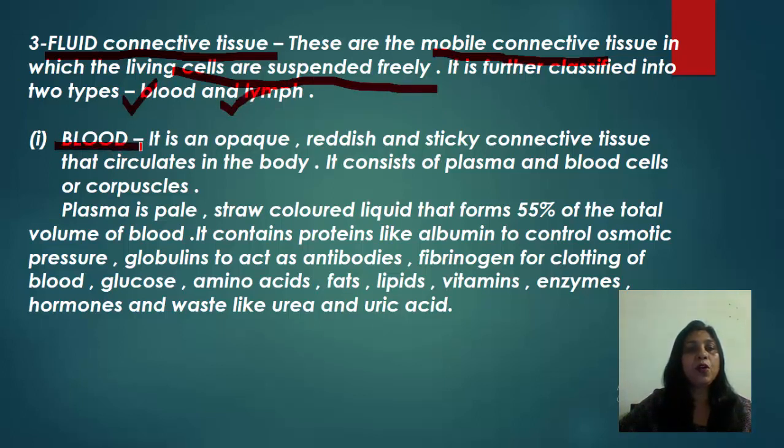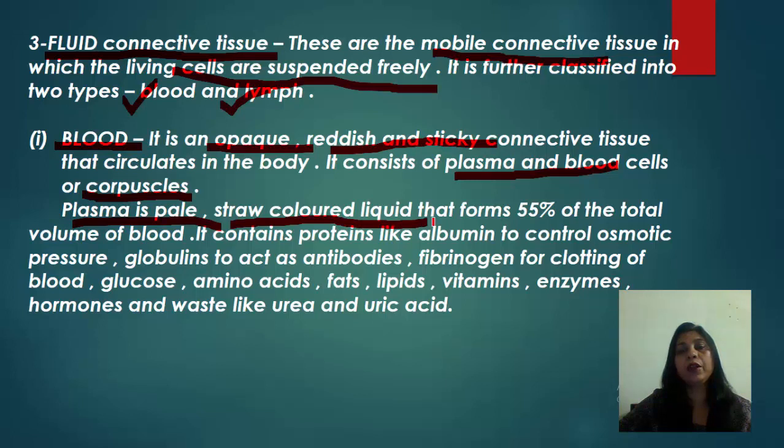Now coming to blood, you all have studied blood in your previous classes. It is an opaque, reddish and sticky connective tissue that circulates in the body. It consists of plasma and blood cells or corpuscles. Plasma is pale, straw-colored liquid that forms 55% of the total volume of the blood. It contains proteins like albumin to control osmotic pressure,